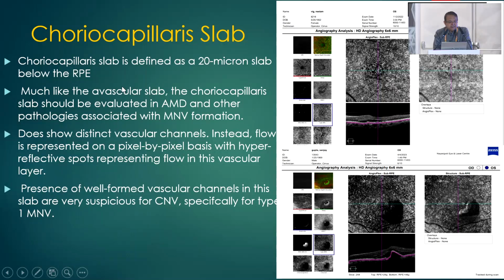Choriocapillary slab is defined as a 20 micron slab below the retinal pigment epithelium. Much like the avascular slab, the choriocapillary slab should be evaluated in AMD and other pathologies associated with MNV. Here, you can see a nice CNVM complex in the choriocapillaries. In this image, this is a pigment epithelial detachment, and you can see that